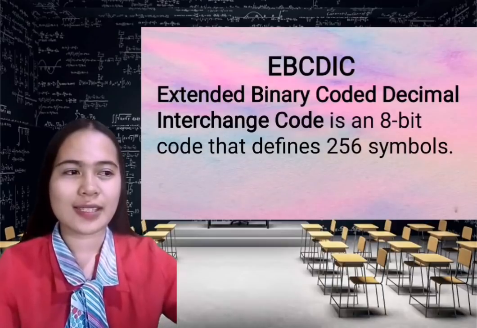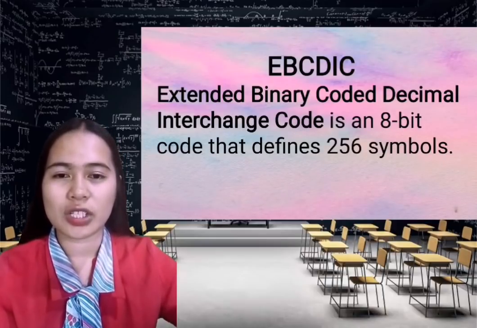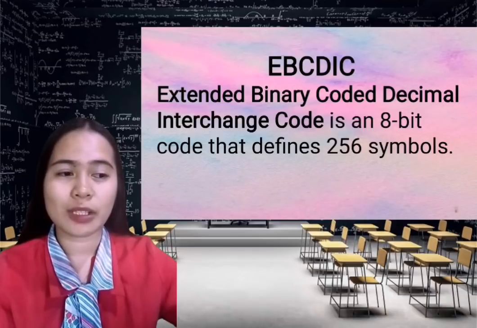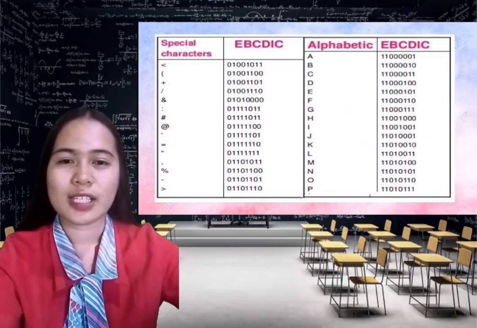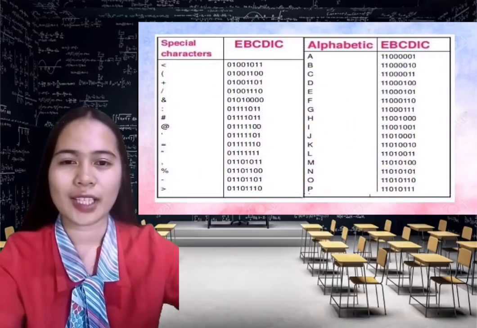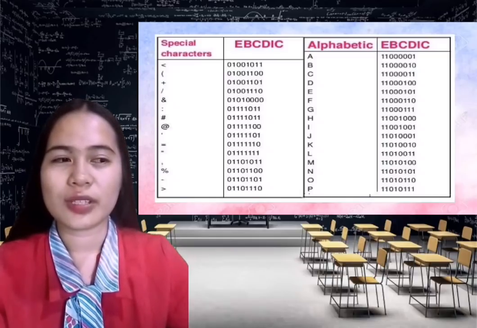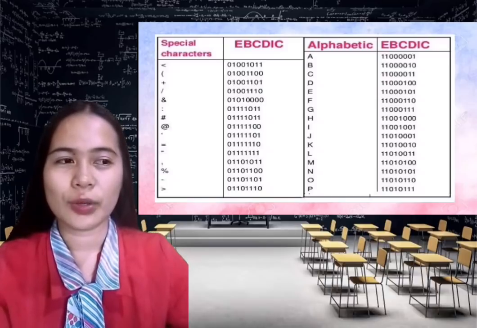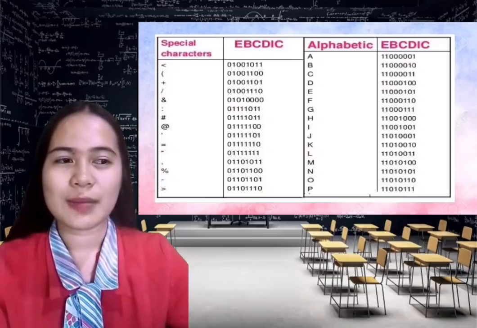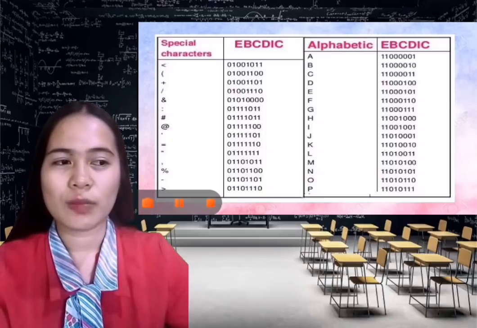We will first discuss the EBCDIC, or the Extended Binary Coded Decimal Interchange Code. It is an 8-bit code that defines 256 symbols. I will show you the EBCDIC tabular column with its special characters and alphabetical characters. So the less than special character has the code of 01001011, the open parenthesis 01001100, the plus symbol 01001101, the slash punctuation mark